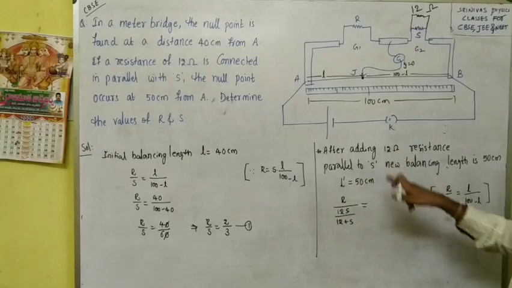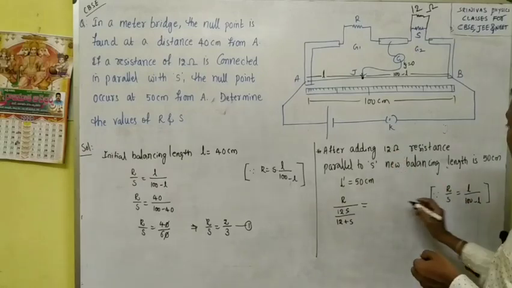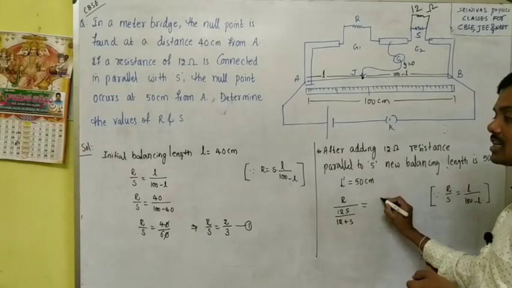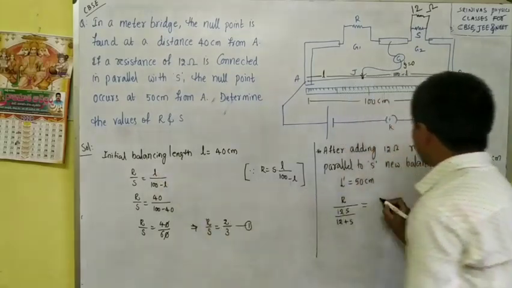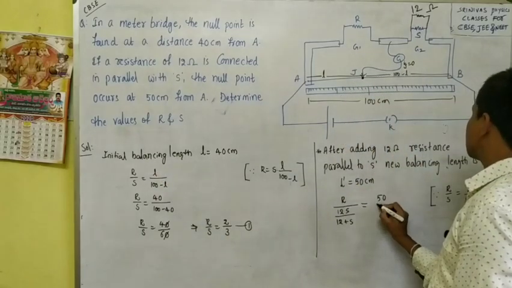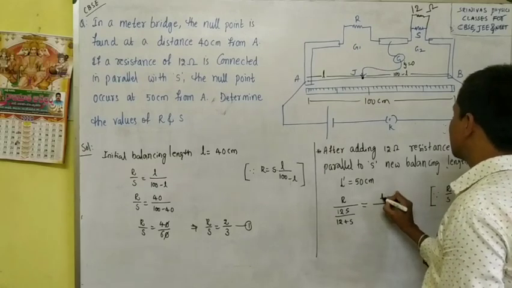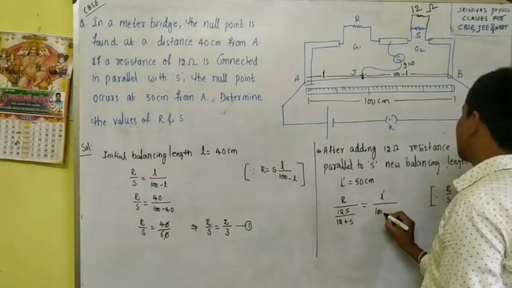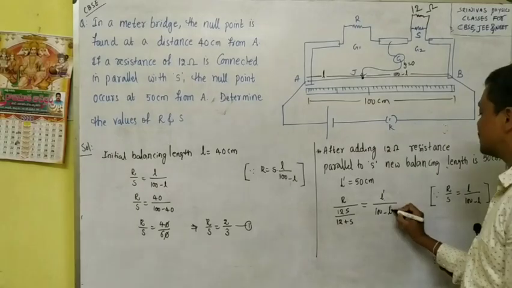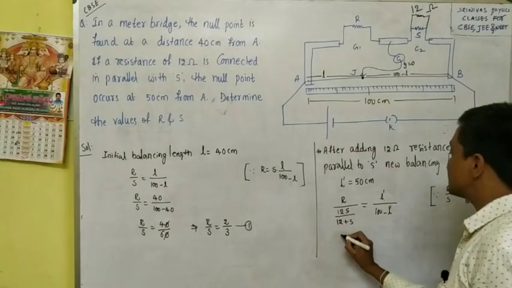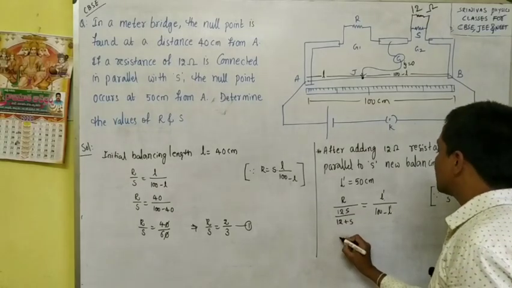After connecting the 12 ohm in parallel, what is the new balancing length? It is 50 centimeters. We write L dash by 100 minus L dash, right? L dash is 50 centimeters. The new balancing length is L dash, so L dash by 100 minus L dash. Then we have to simplify this, okay? And for that,